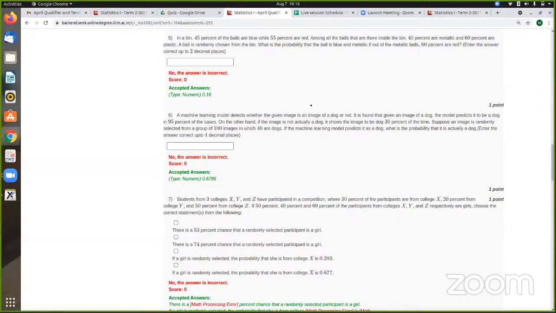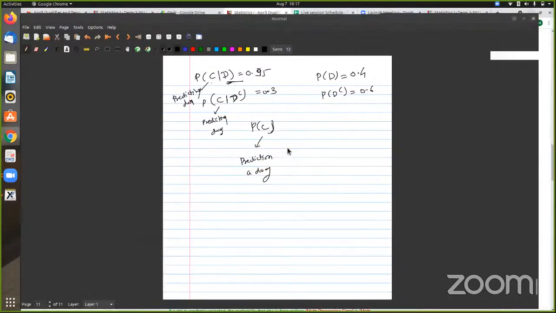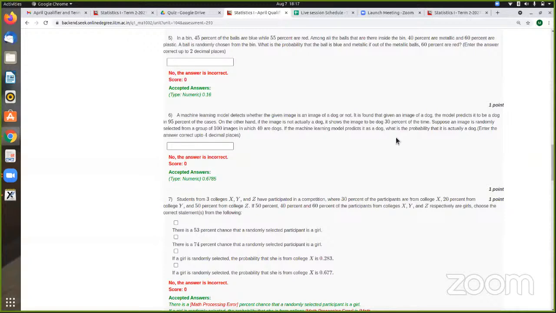I'm getting the answer. What is actually the answer? Let's see, we need to find that. It should be the image of the dog. No, not actually a dog, it is predicting a dog, given that it is a dog. The machine learning model, it is actually a dog. So our prediction should be